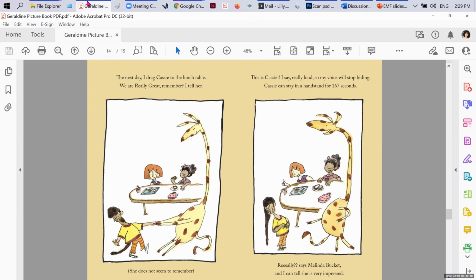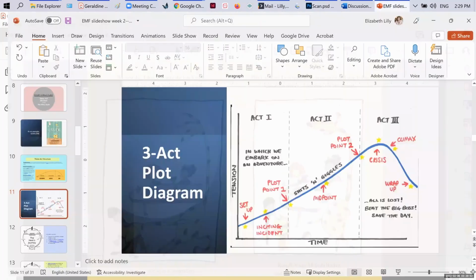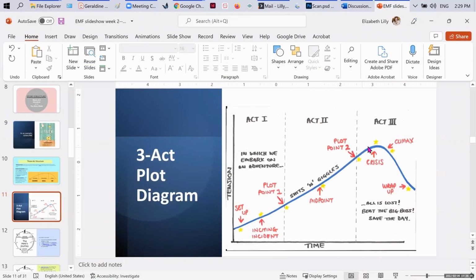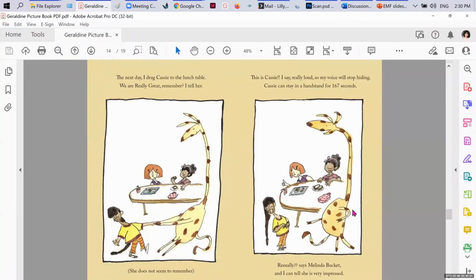So let's see. All right, so then rising gets to the crisis, which is here. They're talking to the girls in the lunch table, and the crisis doesn't have to be like the end of the